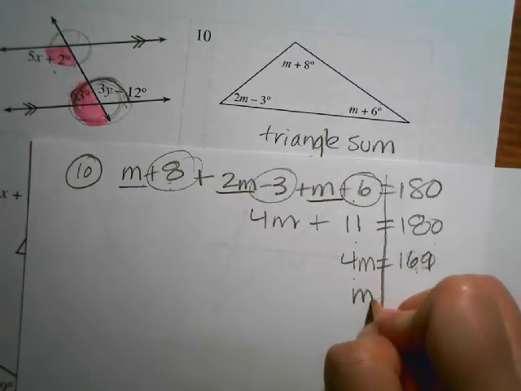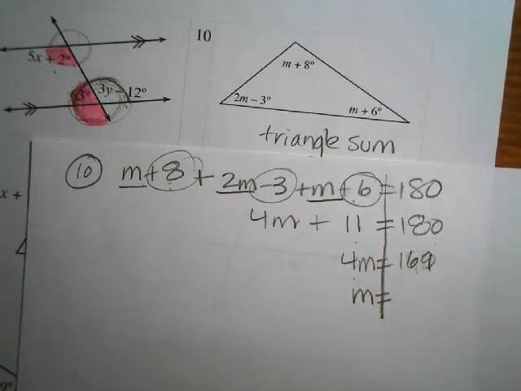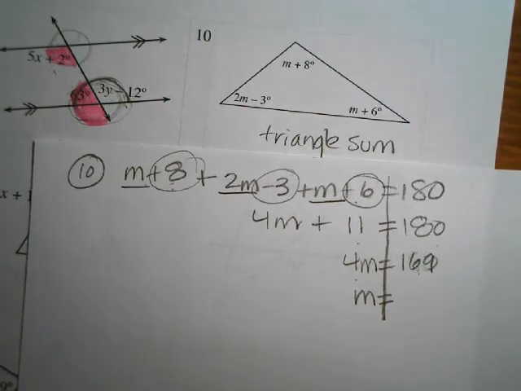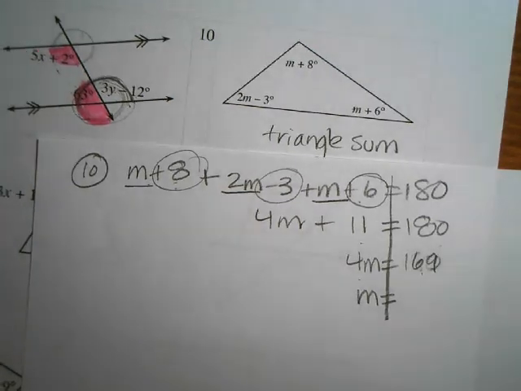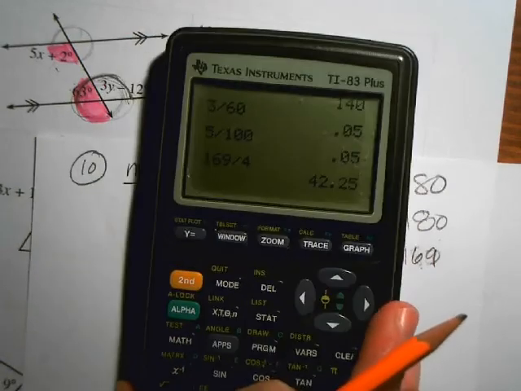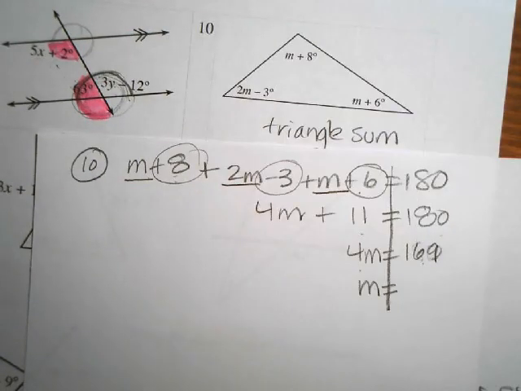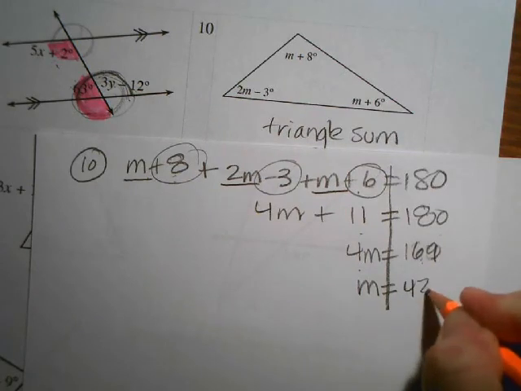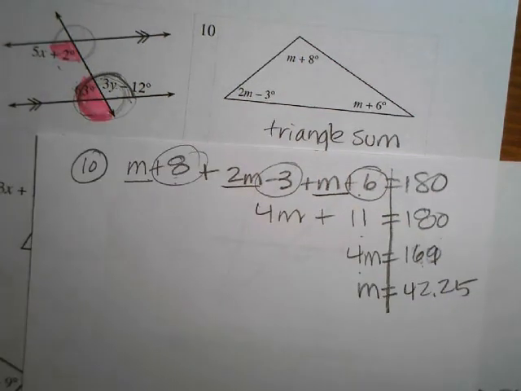Divide by 4, so m equals, oh, this one's going to be a decimal. Make sure I did this right. Oh, yeah, it is 169. Divided by 4 is 42.25. Okay, I'm going to stop there and do a new video for 11 through